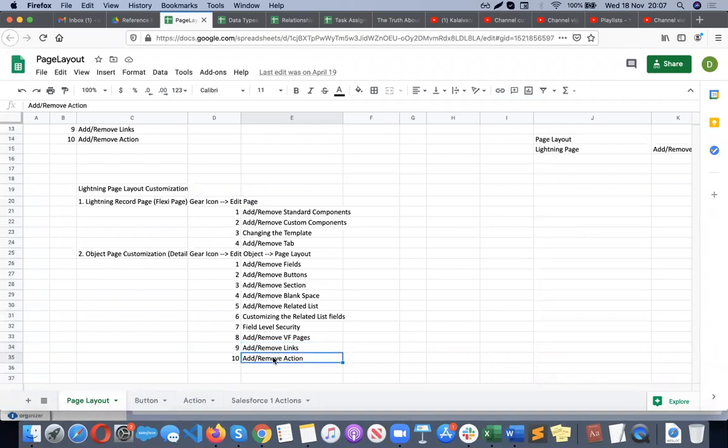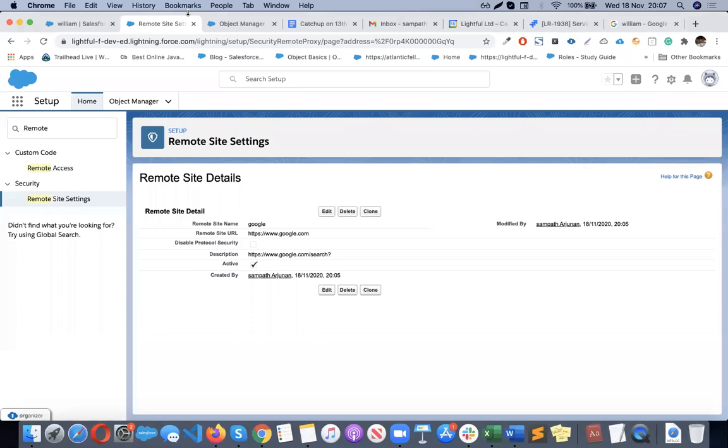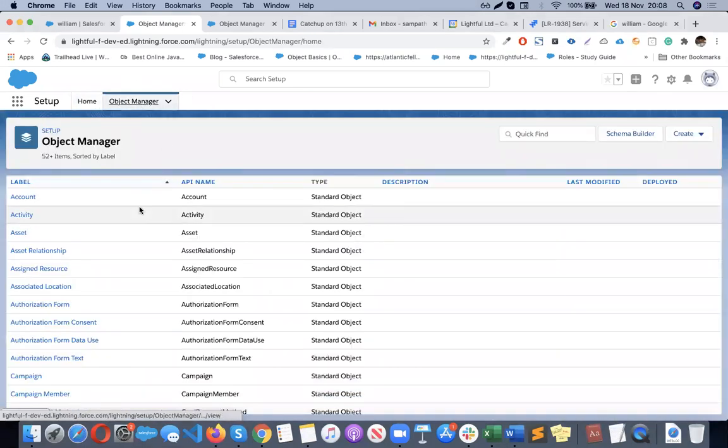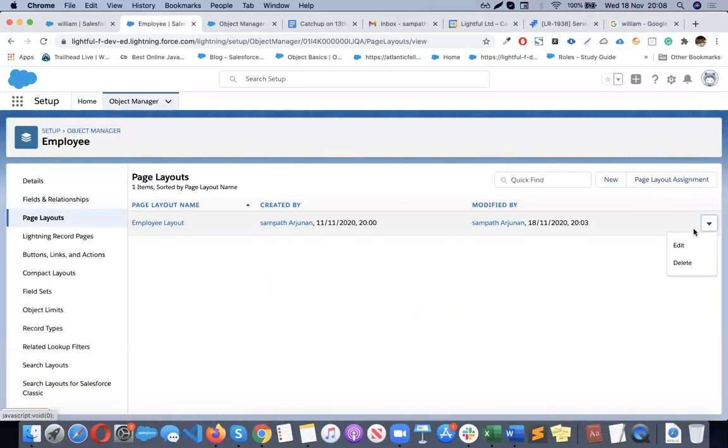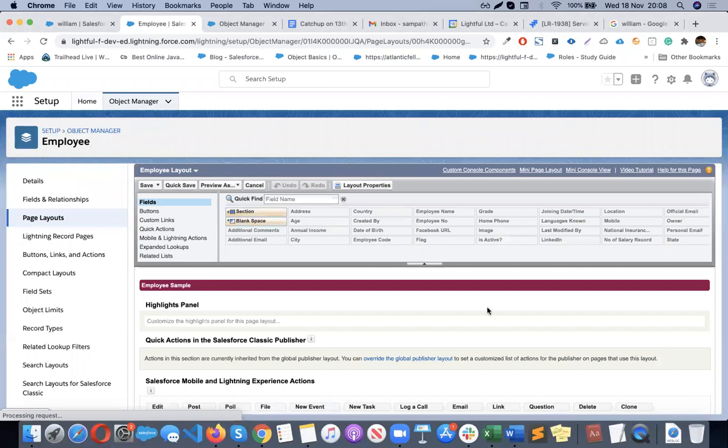And add or remove actions. Again, this is also similar to a button. We have to create new actions. So let me show you that. Again, go back to the object manager, Employee, Edit layout.